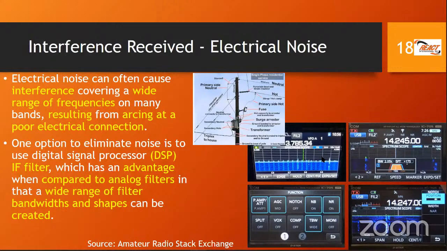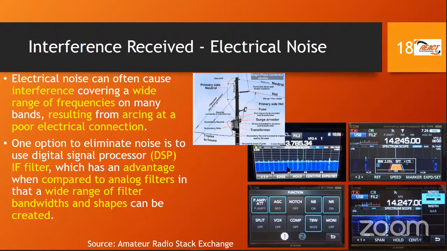Well, we need to be aware that one of the common reasons, as amateur radio operators, you turn your radio on, you have a beautiful spectrum scope here, you're looking at your waterfall, and you're seeing a lot of signals, and you think it's signals, and you realize when you tune to it, it's a set of noise. You're not hearing anyone, and you're not hearing any digital signal, it's just a set of noise. What sometimes causes that noise or that interference across a range of frequencies is if something is arcing due to